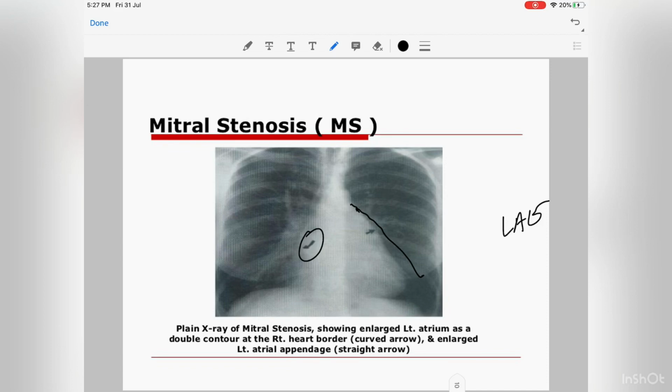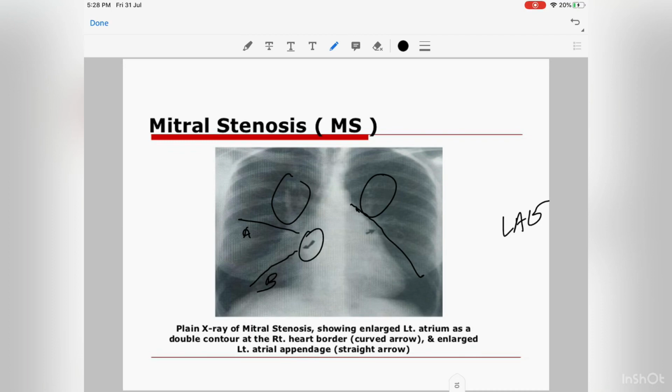When pulmonary venous hypertension is grade 1, you can see that there is prominence of the upper lobe veins. That is a sign of pulmonary venous hypertension. Grade 2 is Kerley's lines. Here you can see Kerley's B line. Kerley's A line will be somewhere here, which is not there in this X-ray. Then grade 3 is bat wing appearance, that is frank pulmonary edema.